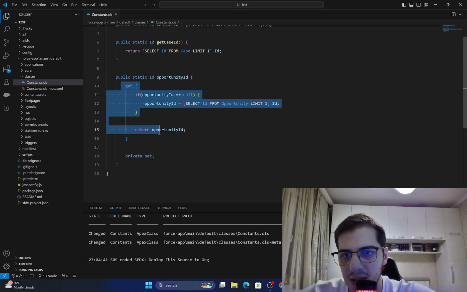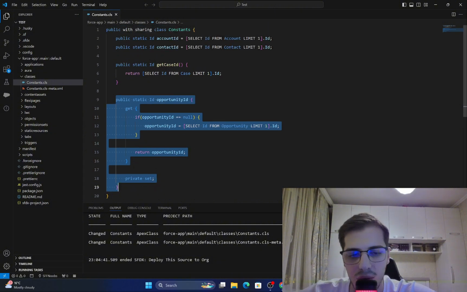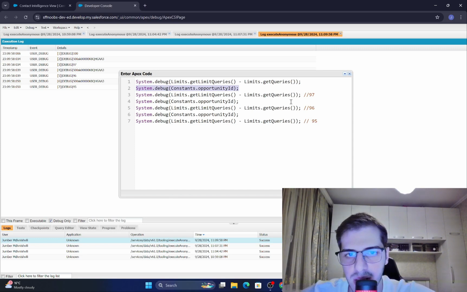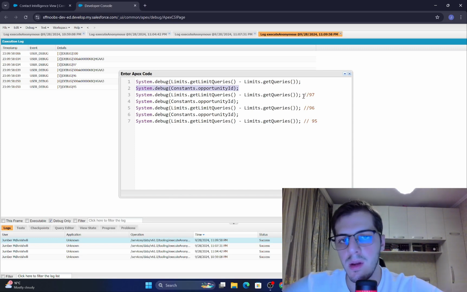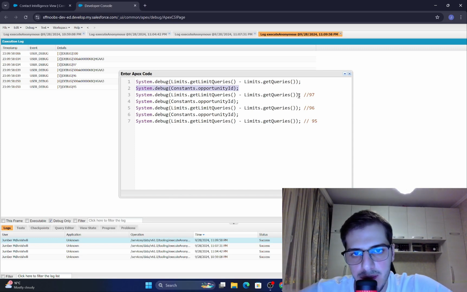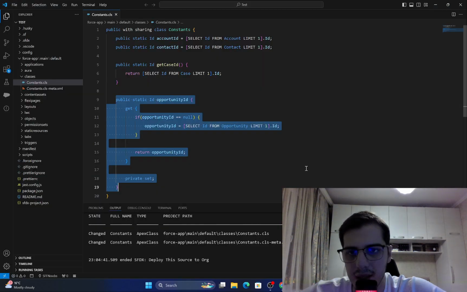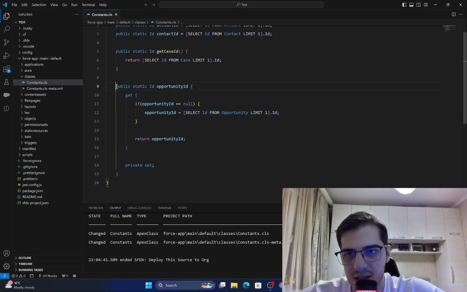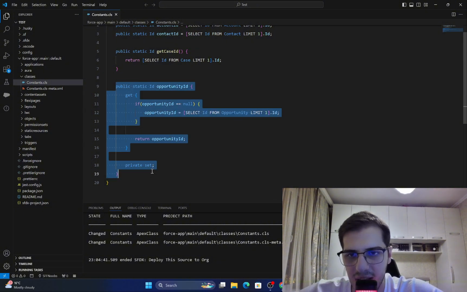Also, opportunity ID itself will be loaded, right? And the query will be executed. So there should be 97. And then again we're calling opportunity ID, and since this, as I mentioned, was cached,